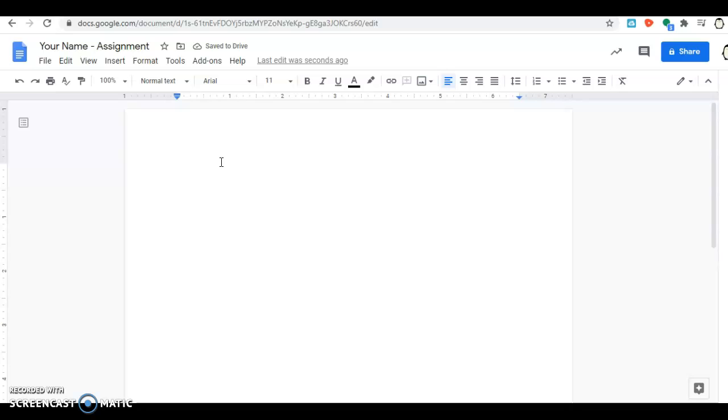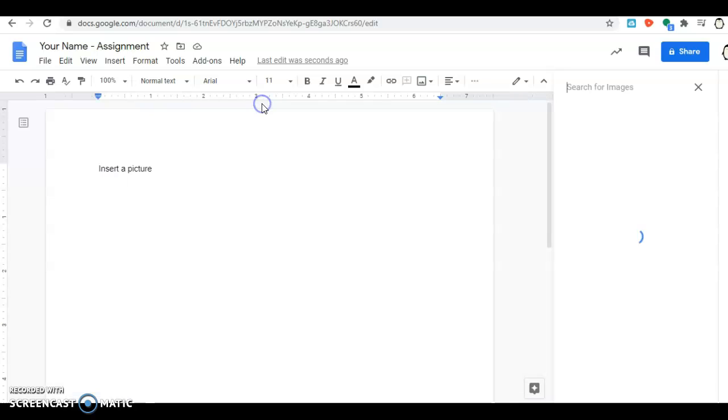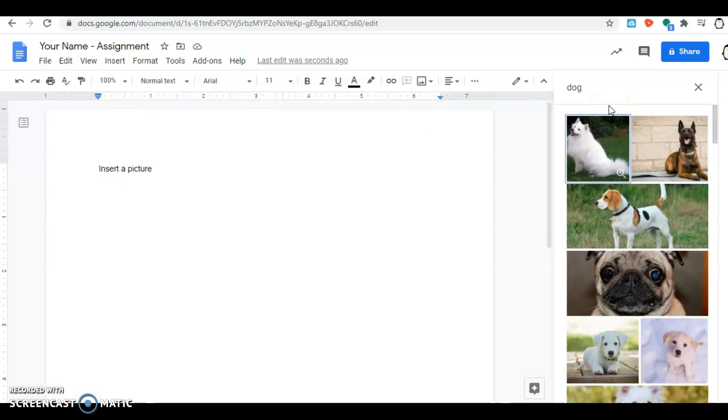Let's say I want to insert a picture. Okay, let's start with insert a picture. That's the first thing we're going to do together. We're going to go to insert, then image, and you can do two things. You can either upload from your own computer, but most likely you'll want to search the web. It can be for something very basic, like a dog. Let's say I have a picture of a dog. Well, I like this one. You can either click on it and then click insert,